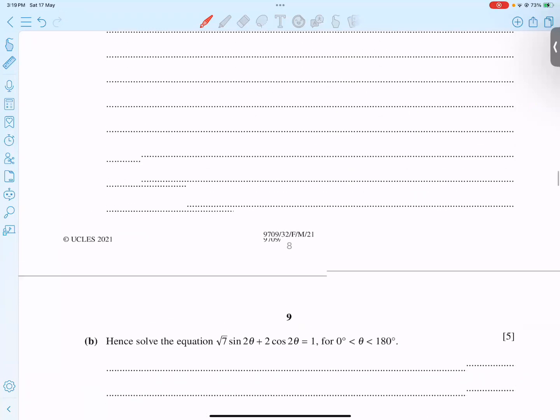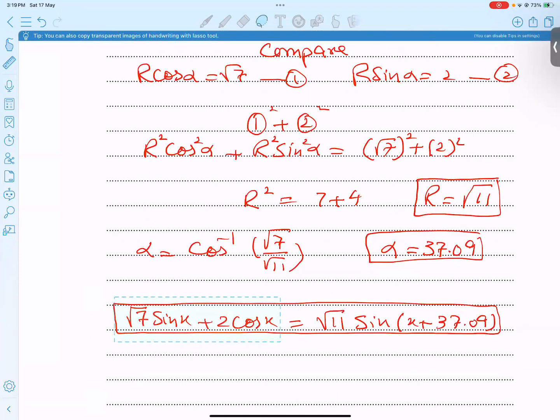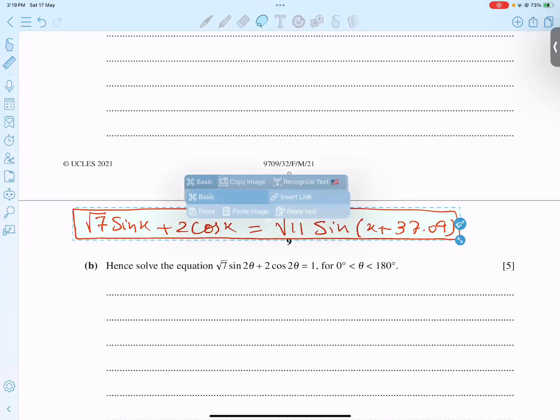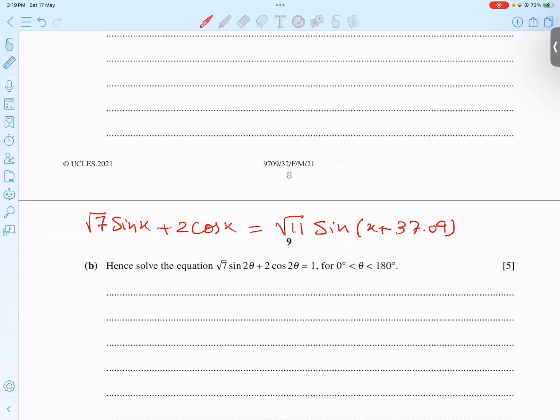So we have to solve this question, but we have to do a small comparison. What is comparison, students? Look now. This I copy paste and make it here. So you can see, students, what is the resemblance? Root 7 matches, sine matches, 2 matches, cos matches, everything is the same. The only difference is that in the place of x, he is using double theta. So if I replace 2 theta equal to x, this question turns out to be